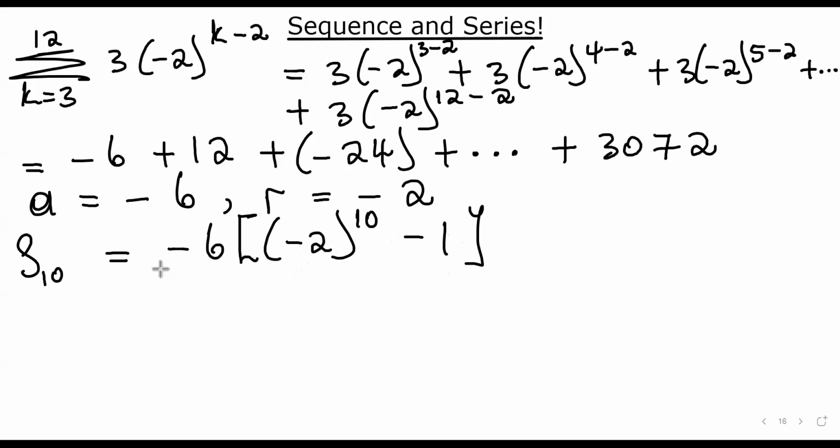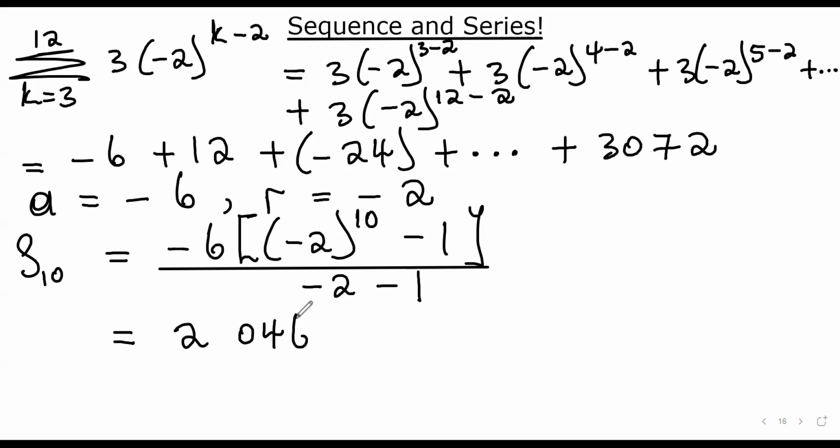And this entire thing is divided by the constant ratio minus 1. And if we now go to our calculator and substitute everything there, we find that the sum of these terms will be 2046. So yes,